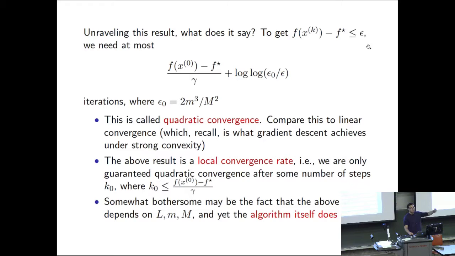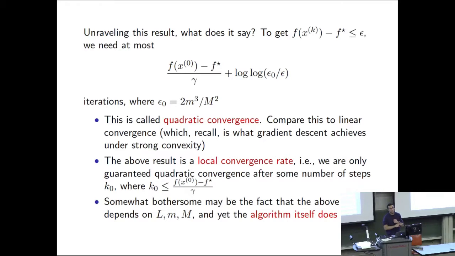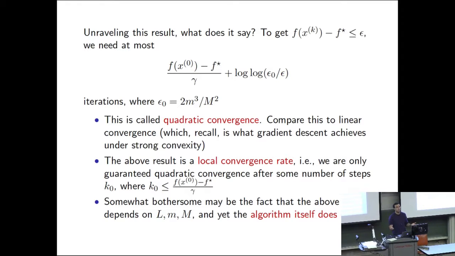Okay, remember that gradient descent required, in the strong convexity case, log of 1 over epsilon, which was a lot faster than 1 over epsilon, which was its rate without strong convexity. So even that we thought was great. Log of 1 over epsilon is really small, right, to get high accuracy solutions. Newton's method,